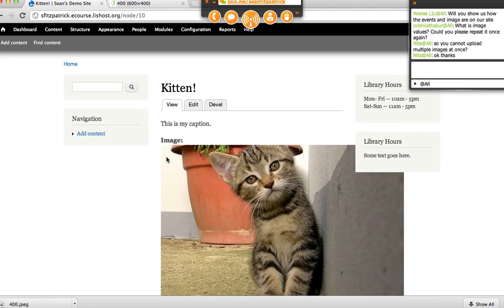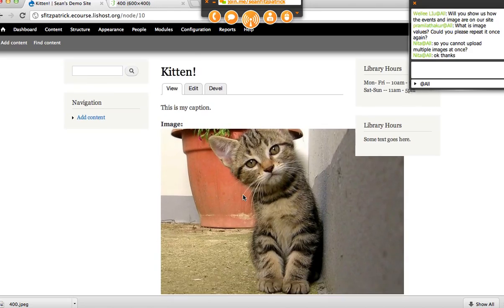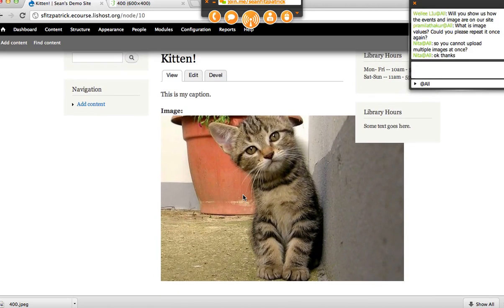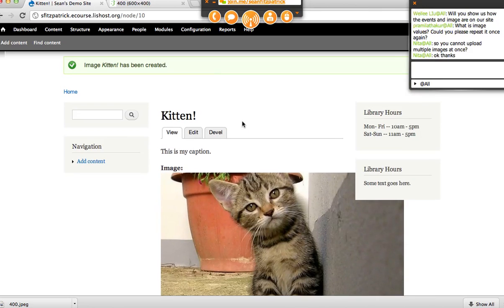Oops, I'm talking while I do this and I didn't save that file. Oh, but it uploaded anyway. Okay, so here's my node, here's my post with a title, a caption, and an image. So, like I mentioned, this is not yet a gallery. When I have 10 of these available, I can make a gallery out of it, but right now this is